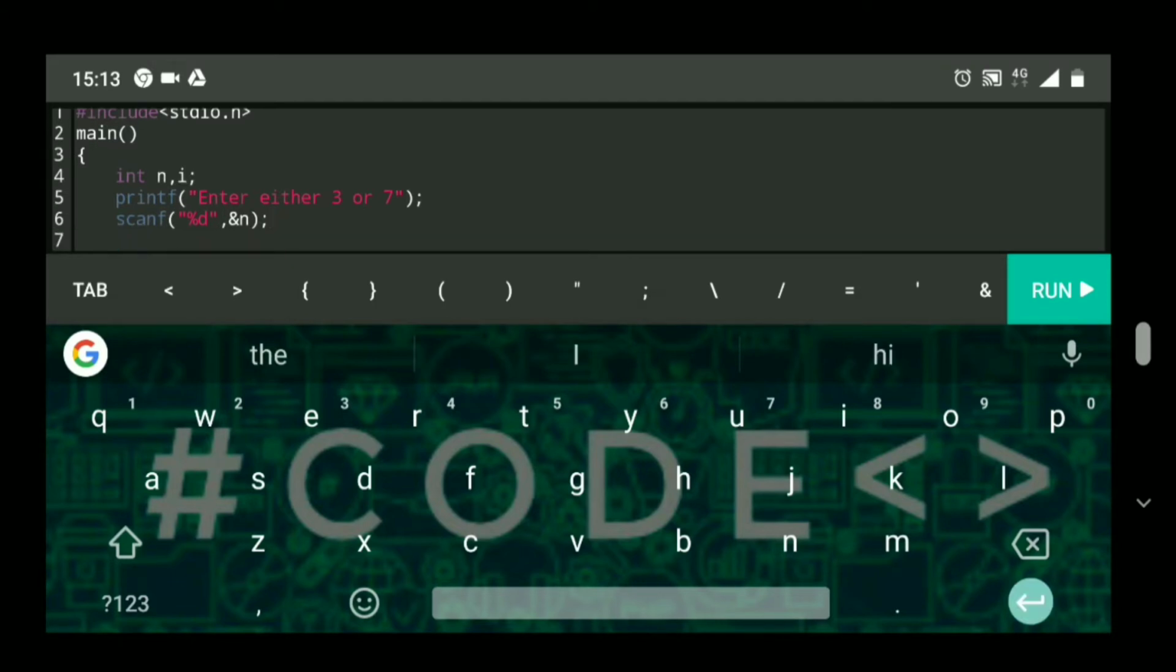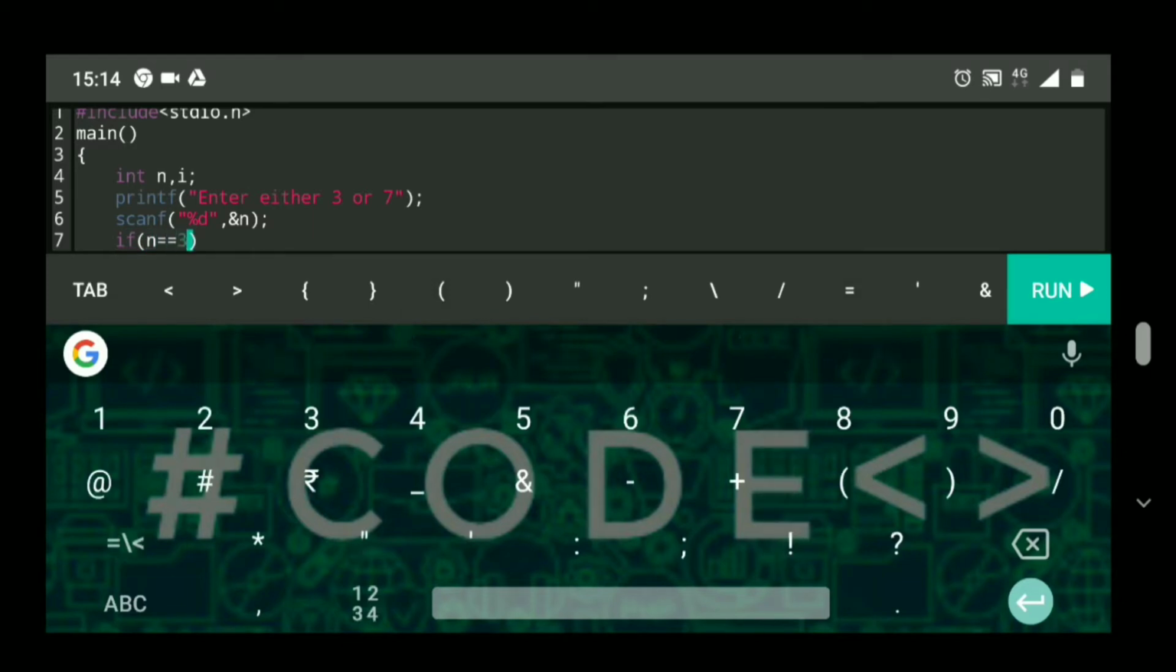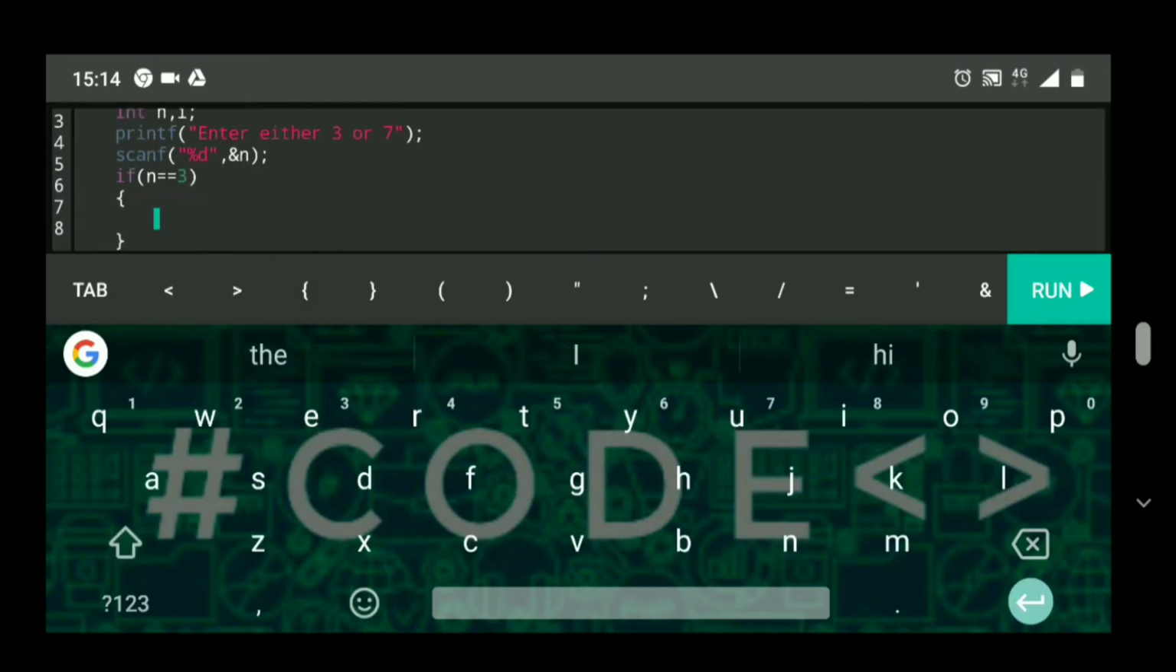Now I stored that number in n, so now here I'm going to first of all check whether the user has entered 3 or 7. So I'm going to use an if else, like if n is equal to 3, where we use == just to check whether the number stored in n is equal to that particular quantity. So now I want to print a series of 3 numbers, so now I'm gonna use a for